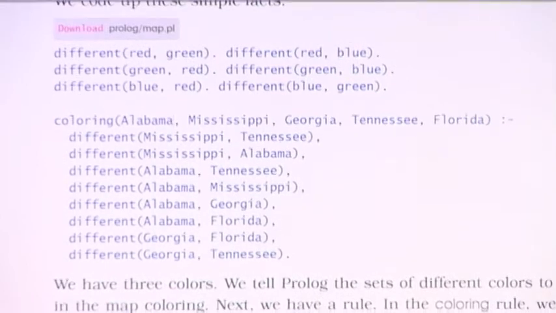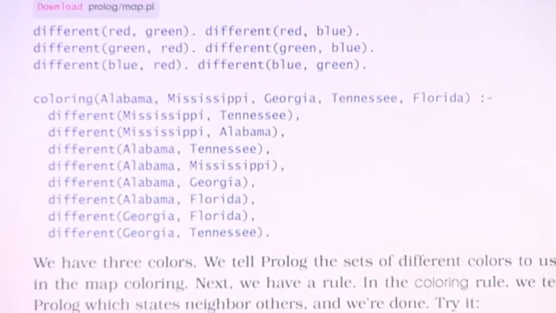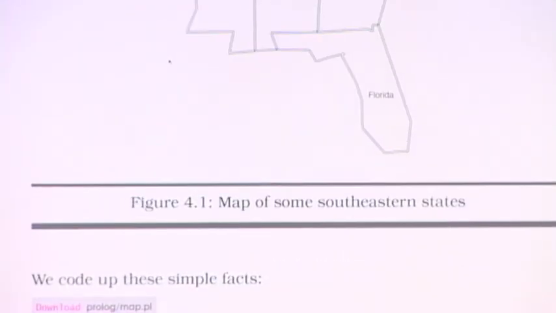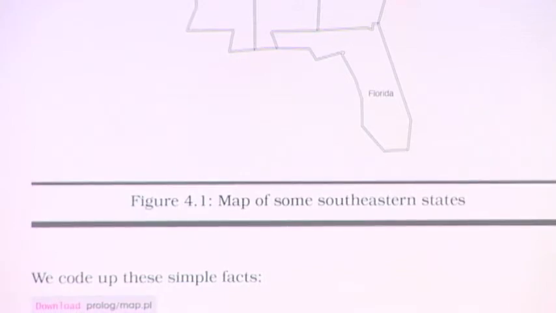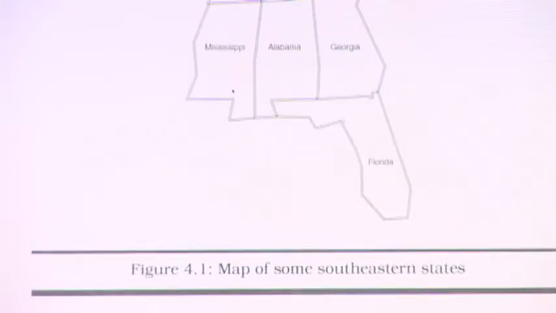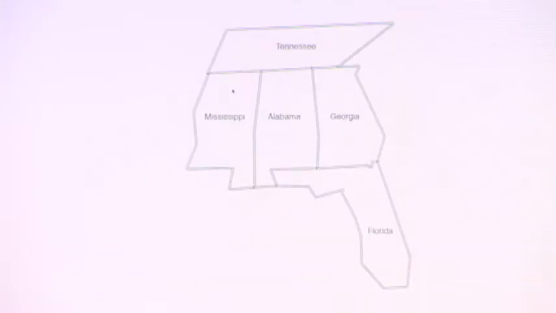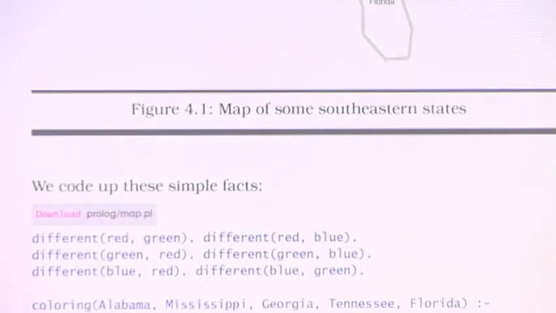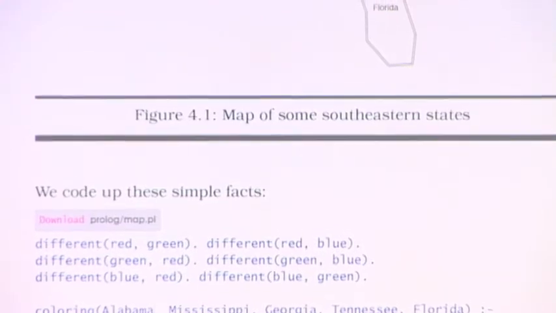So if you state that the coloring says that, for example, Florida and Georgia have to be different, Florida and Alabama have to be different, Alabama and Mississippi, Alabama and Georgia, all those need to be different from each other. But for example, there's no rule that says that Tennessee has to be different than Florida or Mississippi has to be different than Florida. So you specify all the relations in here that different has to evaluate to true for,